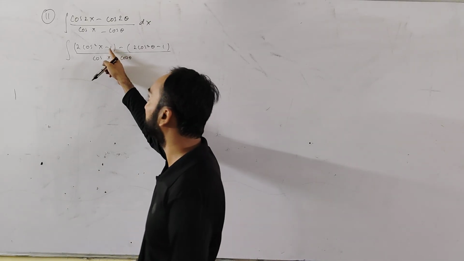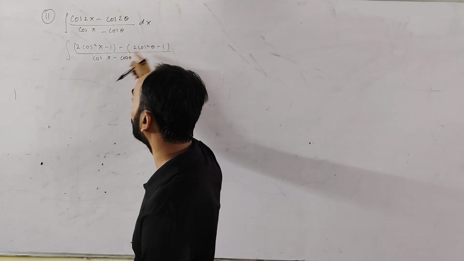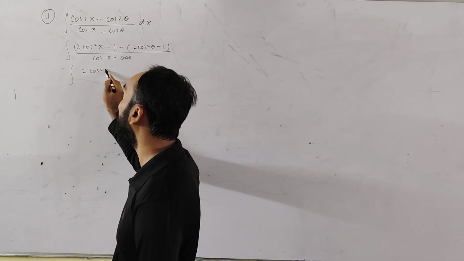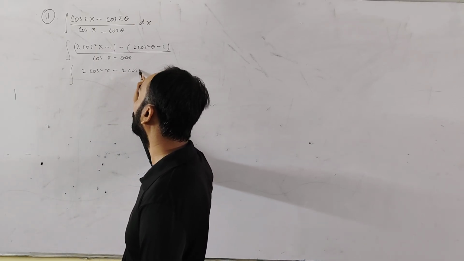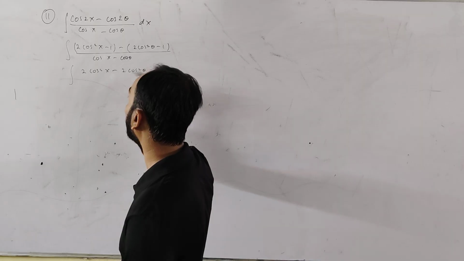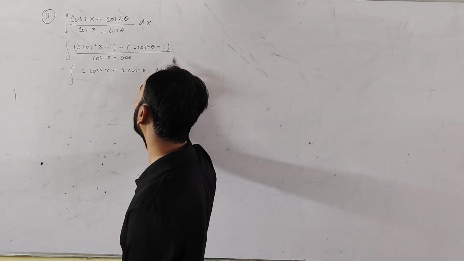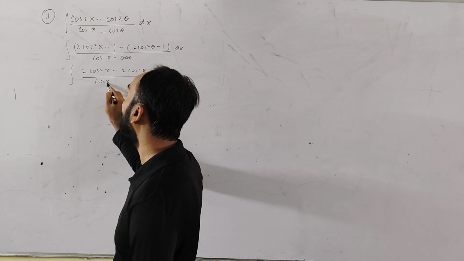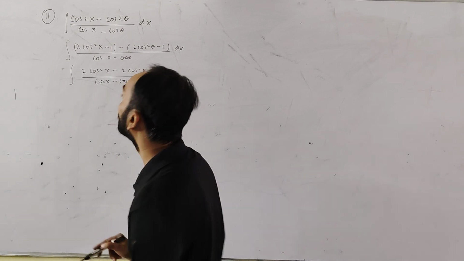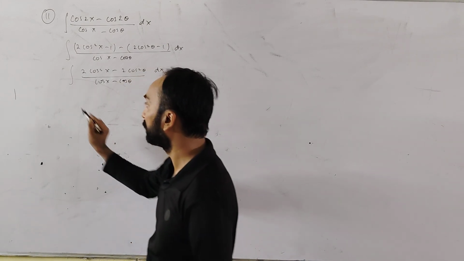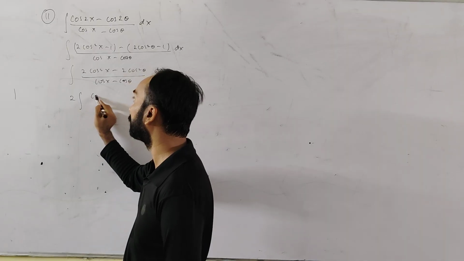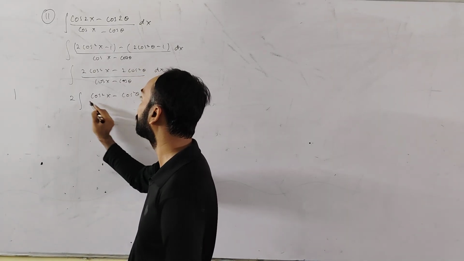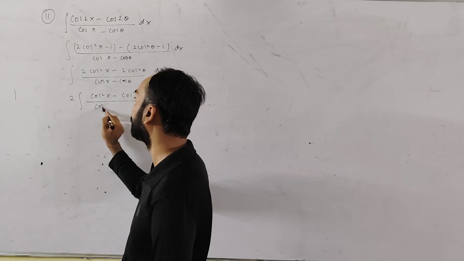Now you see this minus is there, and this will become plus. So this 1 and 1 get cancelled. So in the numerator I will be left with 2 cos square x minus 2 cos square theta, because minus will open the bracket, and dx will continue like this, divided by cos x minus cos theta. Now 2 can be taken out. We can take common 2 (cos square x minus cos square theta)